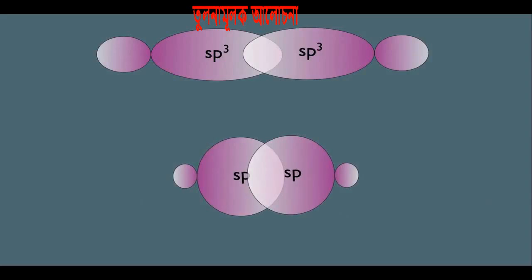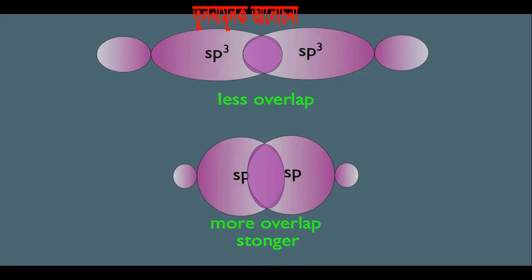Again, because of the relative sizes and shapes of these orbitals, we can make sense of bond strength. Notice in the top bond we have this much overlap, and in the bottom bond we have this much overlap. We can clearly see that the bottom bond has more overlapping of the orbitals, and the top one has less overlapping. And remember, the more overlap you have of orbitals, the stronger the bond, and therefore the less overlap would give you a weaker bond. So again, hybridization